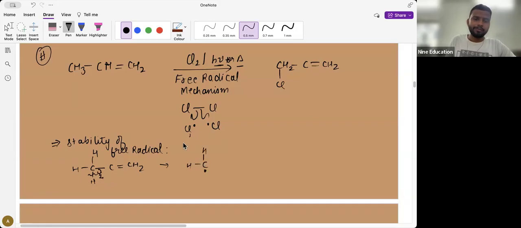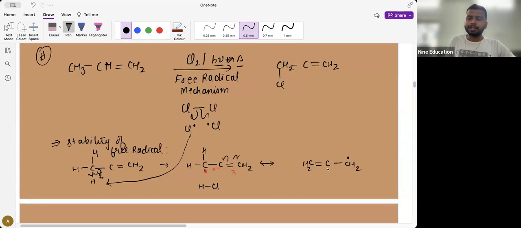So this Cl will take the H radical from here and will make HCl, and this radical will be made, which will be in resonance with the double bond. Free radical, sigma bond, then double bond, resonance. We have learned in resonance, whenever we have a free radical, sigma bond and double bond, pi bond, this is the condition of resonance, and this can make a resonating structure. And here it can make a double bond this side and it can make a CH2 radical this side. See, therefore, due to resonance,